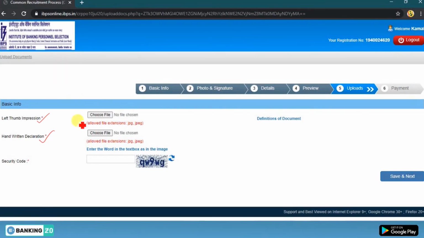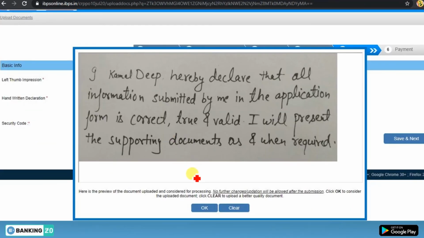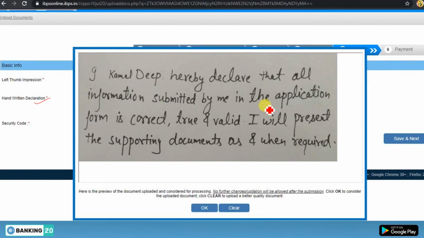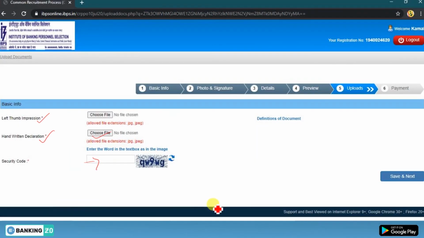After choosing this file, you have to enter a security code here. This file will look like this if you choose the handwritten declaration here. Click on OK, and after that enter this security code.